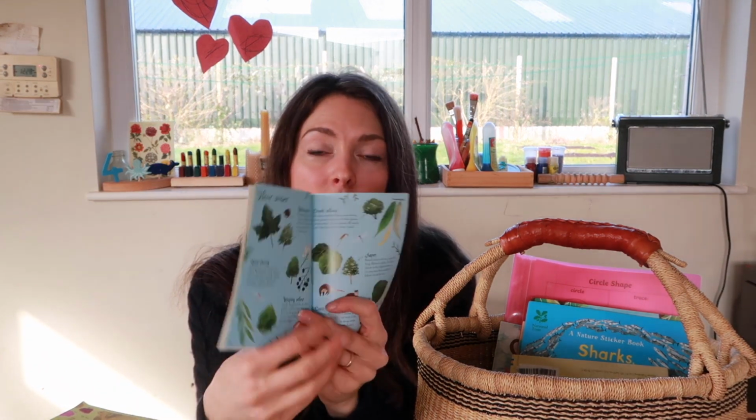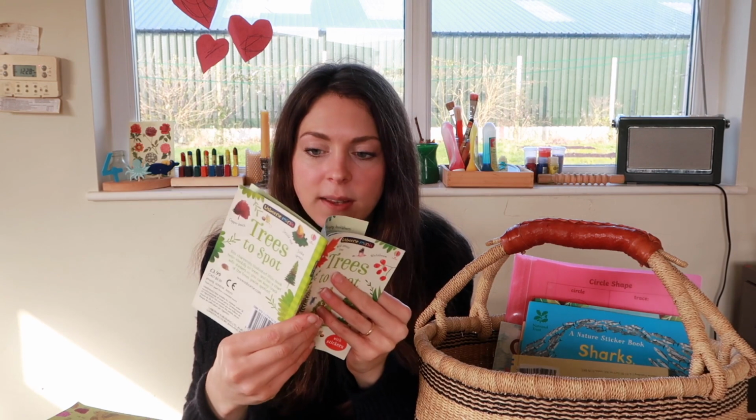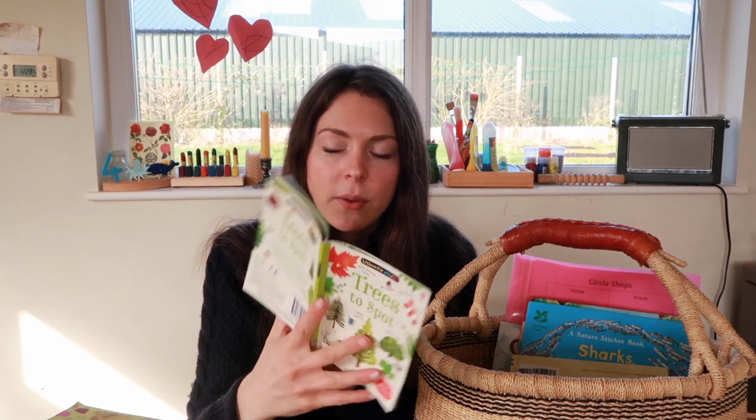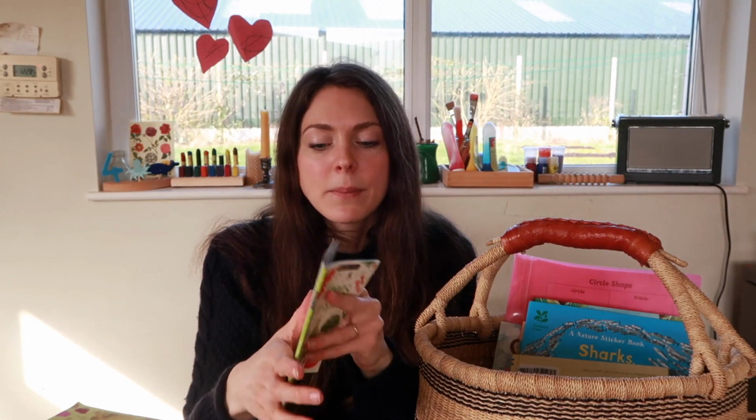Okay, so I added this little book to our basket this month. It's Trees to Spot. This is an Usborne Minis, and it's quite cheap. I think it's about £3. This is a lovely book that you could take with you when you're going out for walks, because it gives you a nice little basic identification guide for all sorts of trees that you might find in different areas. The illustrations are pretty clear as well, so it is nice for using as identification,